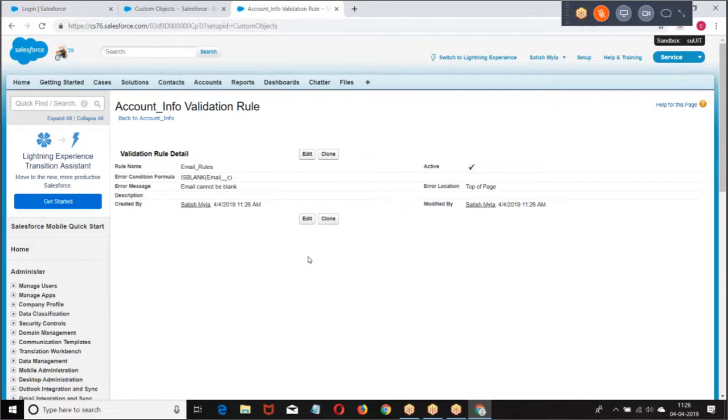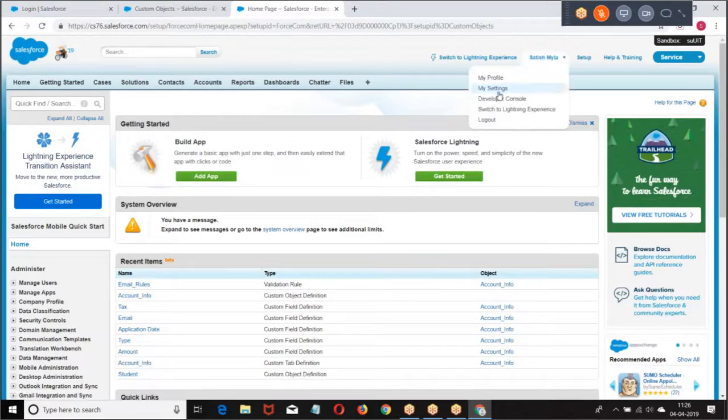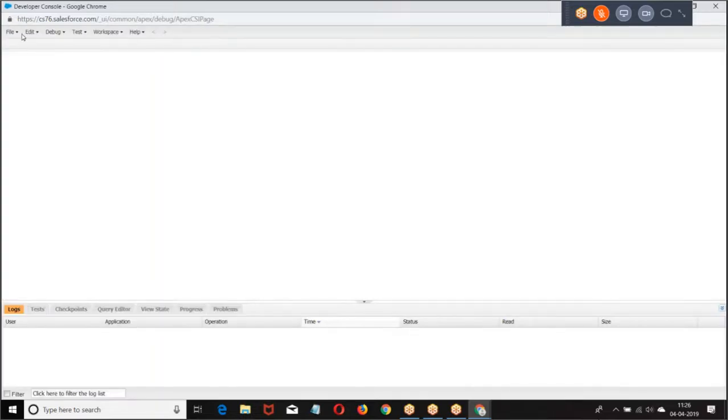So object creation, formulas, fields. At the same time, I want to create a trigger for it. I want to create a trigger. I am making some changes and development activities on the object.